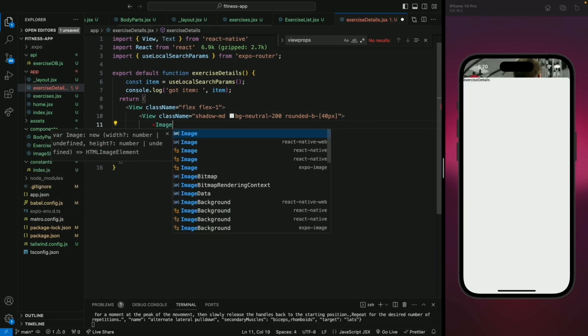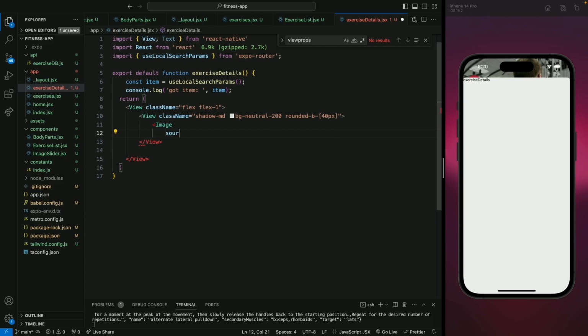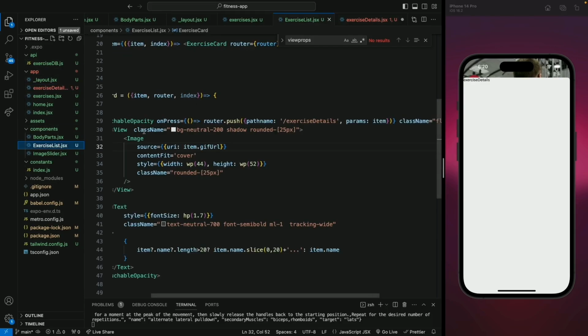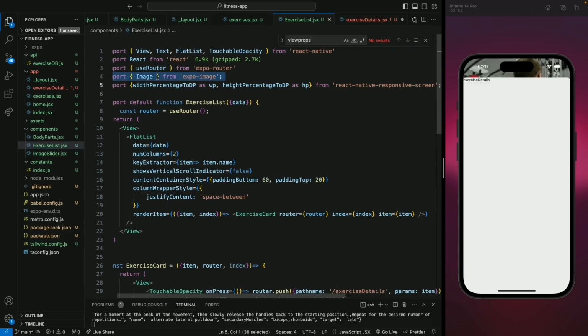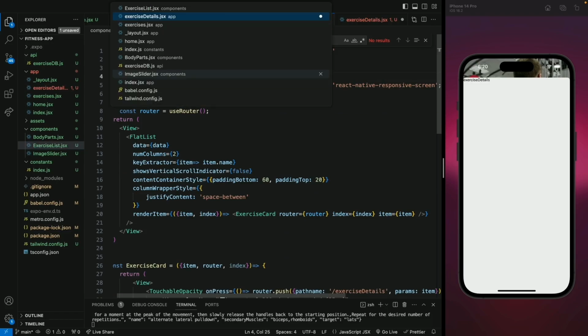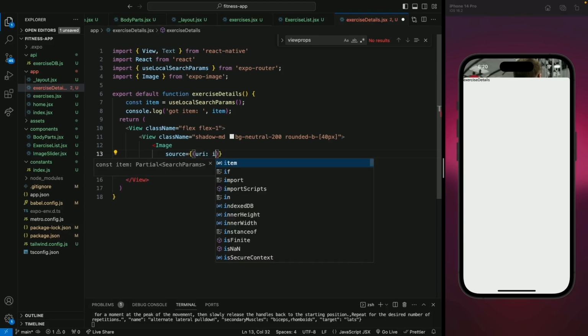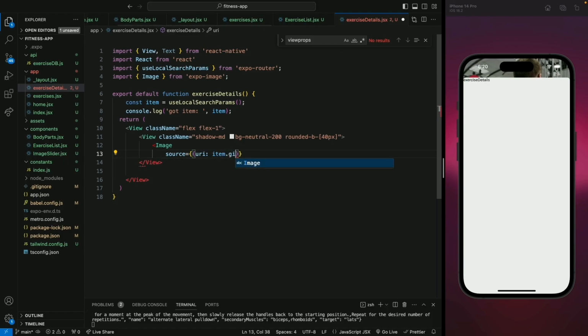Now inside here we're gonna add the image of the exercise, and let's add source, but let's add the image from Expo Image because it also uses cache, and that will improve our performance as well. So let's import the image from our exercise list. Let's copy this import statement in here and let's replace it. Okay, so we're gonna add the source, and that will be URI as item.gifUrl because that's what we got from our API data. And the next property we're gonna add is the contentFit property, that will be cover,